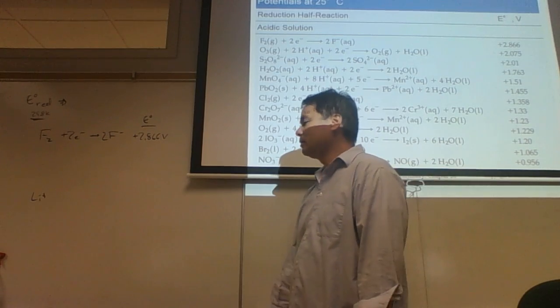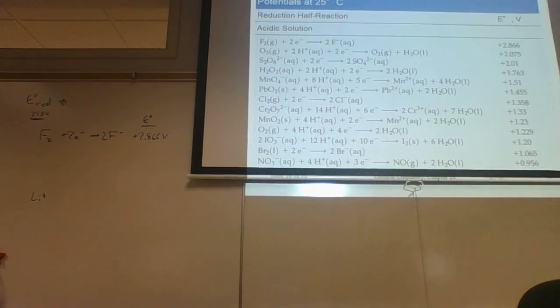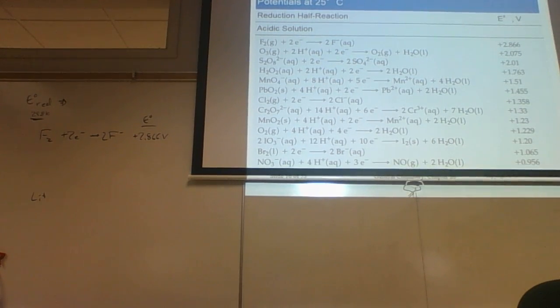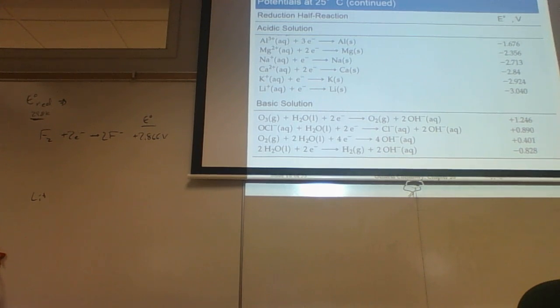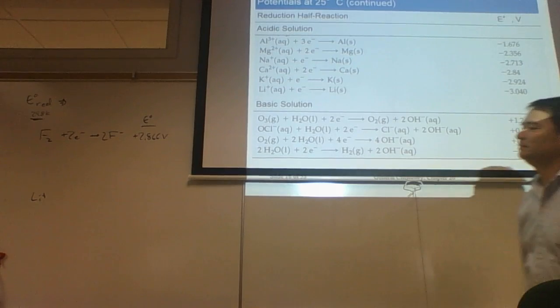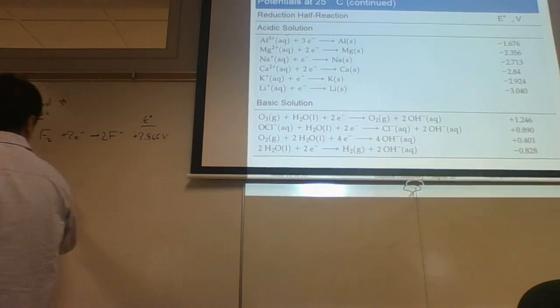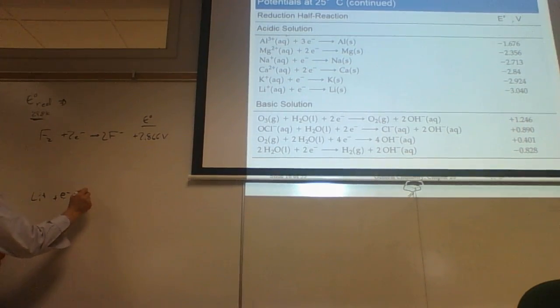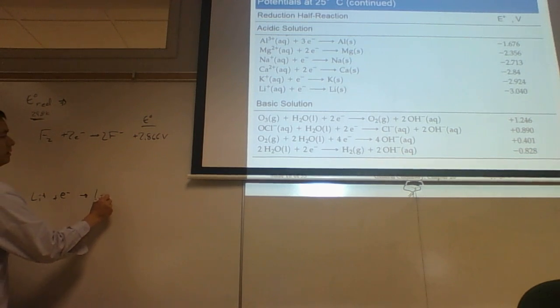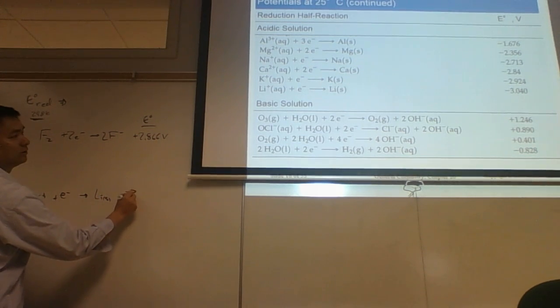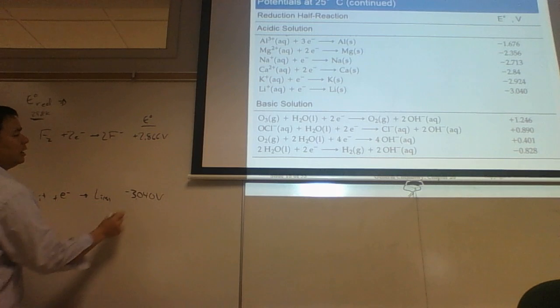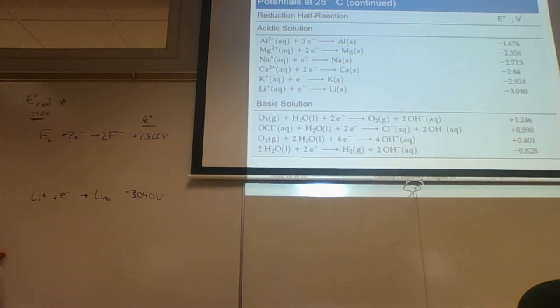Actually, I think I know what it is. Minus 3 volts. I'll just show you. Lithium ions plus an electron goes to lithium solid. This is negative 3.040 volts. And so does the negative mean it's not a reduction? No. A negative, what does a negative mean? You tell me. Negative means that